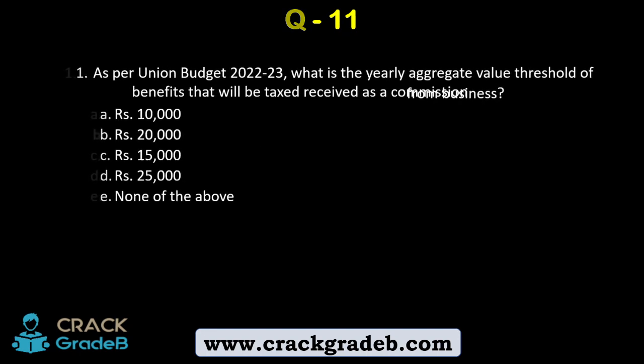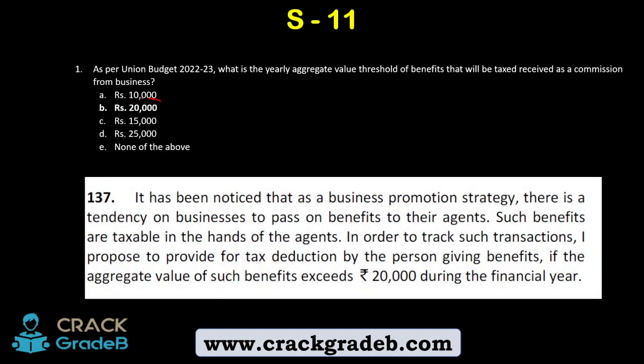The correct answer is 20,000. If all those amounts add up to above 20,000 in that current financial year, then I will have to show that in the income tax. Now, how will the government track? The business who is paying me as a commission can deduct that amount so that it becomes easy for tracking. When they deduct such an amount, commission paid to an agent, they will find who that agent is because they will do it against my PAN number. This is how things will work.